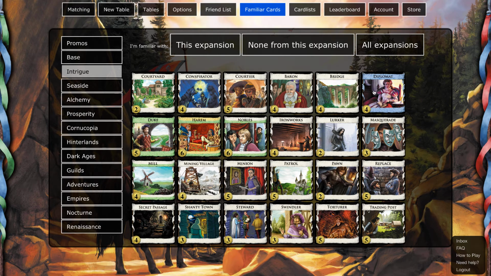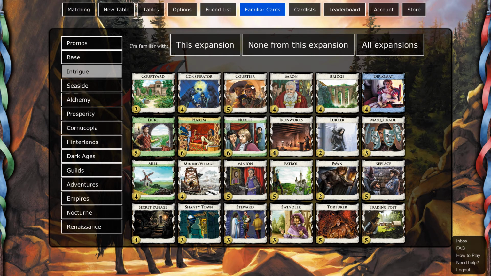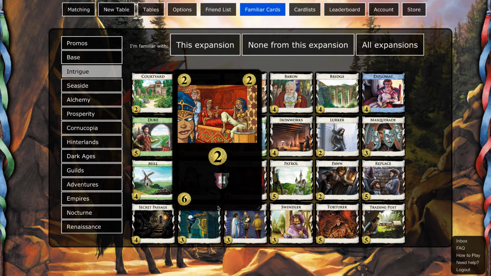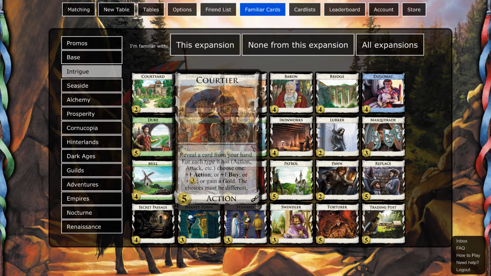In most kingdoms you draw, you will find at least 1 card that's an action and something else, or Harem. You know, you will find on average a card that is a split type. So